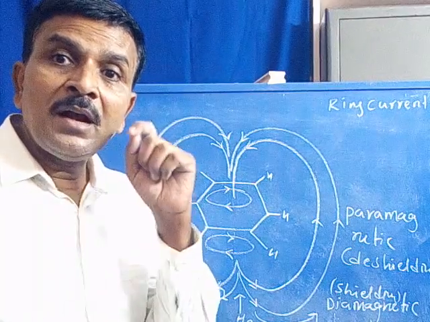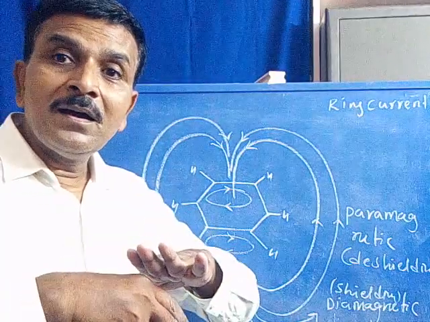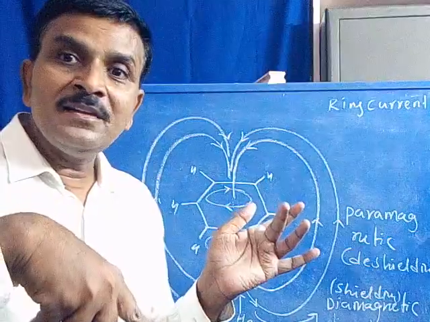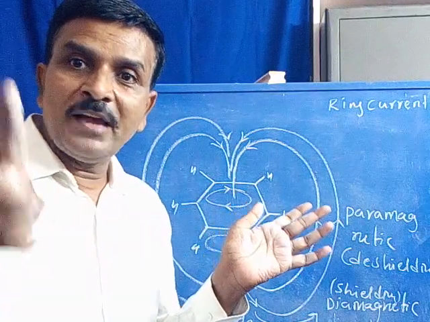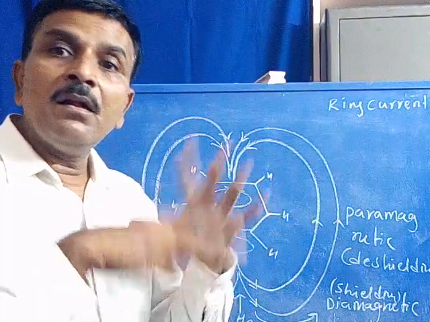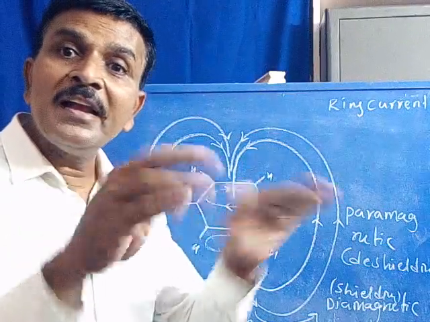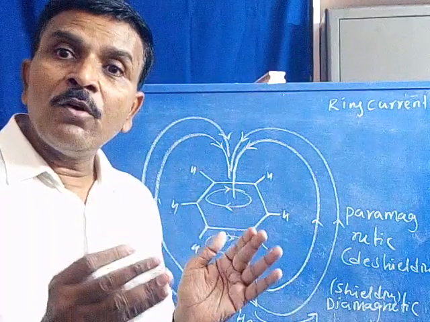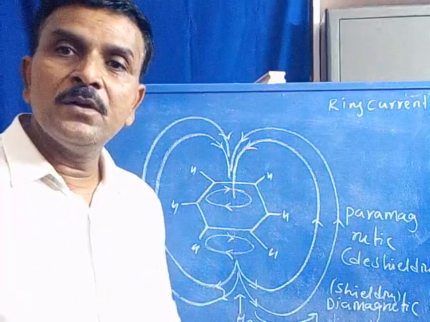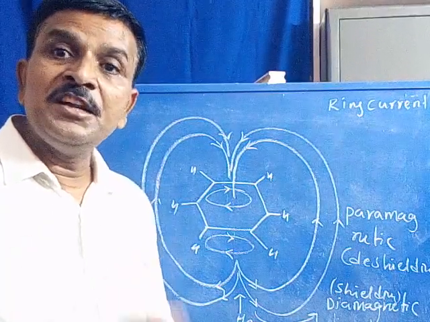benzene ring, which are lying under the paramagnetic field, because all the protons are lying at outside the benzene ring. Just now we discussed, inside the benzene ring there is diamagnetism, outside the benzene ring it is paramagnetism. So all the 6 protons of benzene are lying under the paramagnetic zone. Therefore, the protons of benzene or aromatic hydrocarbons are also de-shielded. Why de-shielded? Because they are lying under the paramagnetic field or de-shielding zone.